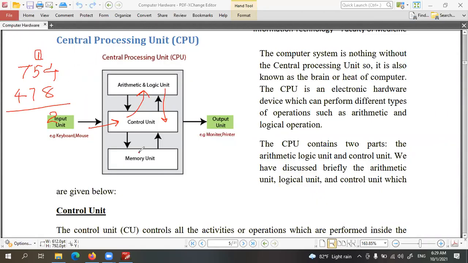Those things will be kept here. Again, 5 plus 7, that's 12. So again, 2, and another 1 is there. That also has to be saved somewhere. Like that, to keep those temporary data while processing, the memory unit is used. Inside the CPU, there is a memory unit, which is called registers. We can discuss that.